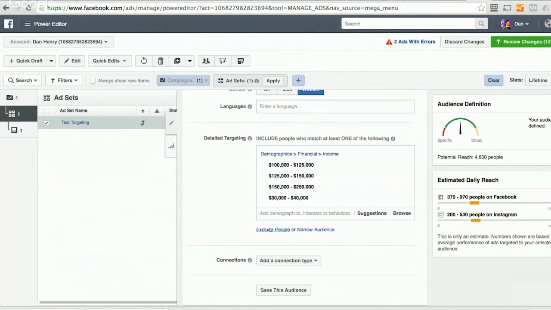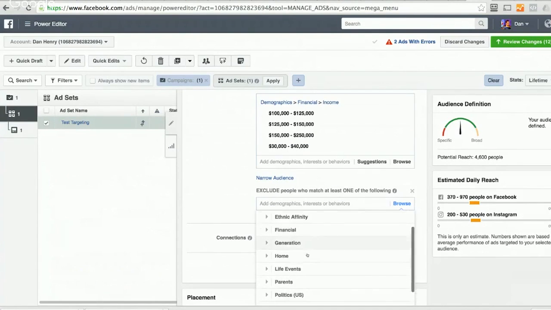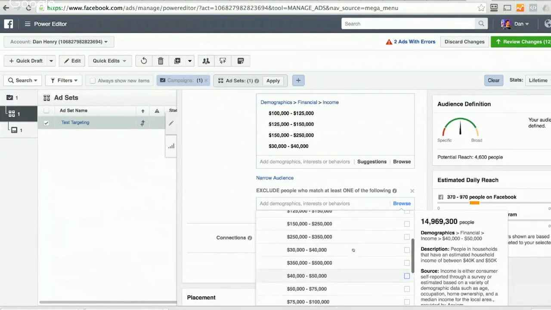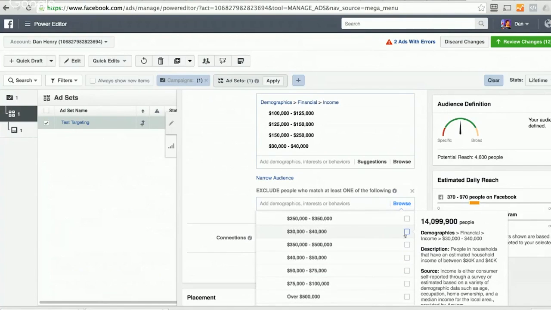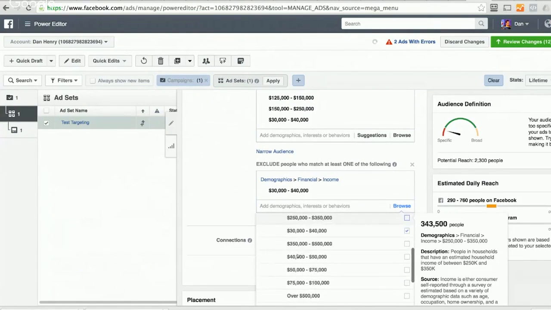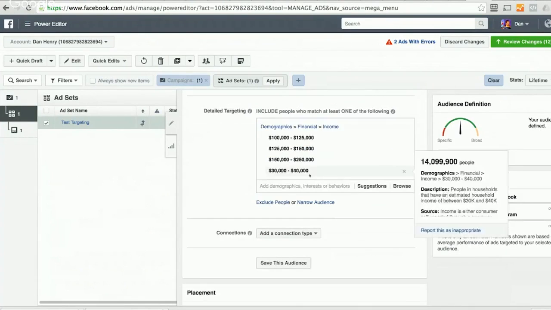Or what you could do is hit exclude and exclude people that make financial income 30 to 40. Okay, so it doesn't have an under. They used to have an under. So you could exclude people that make that and include everybody else, or you could just not do that at all and just include. So you can include all your rich people and even your mildly, oh, and then we'll do